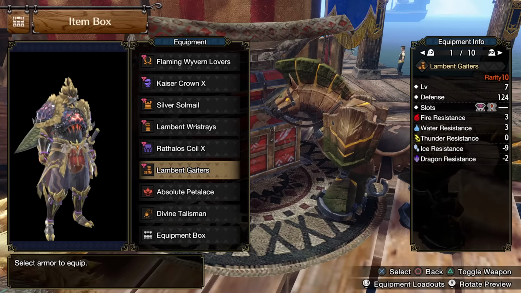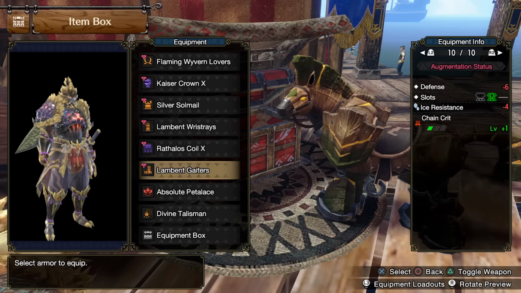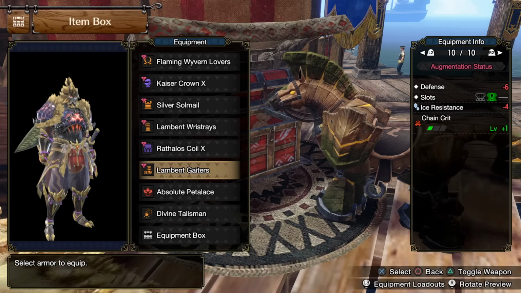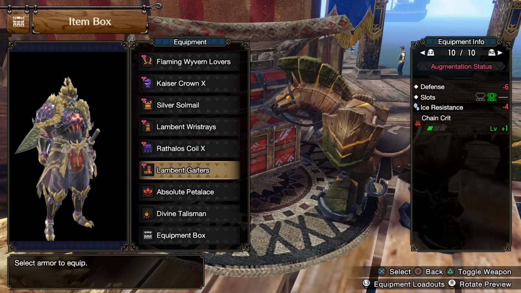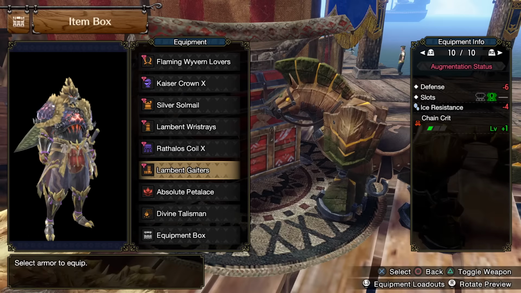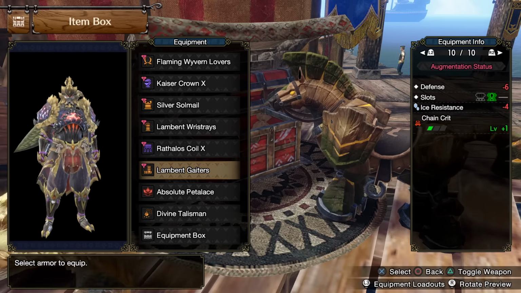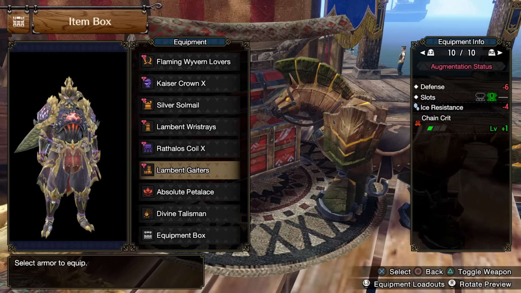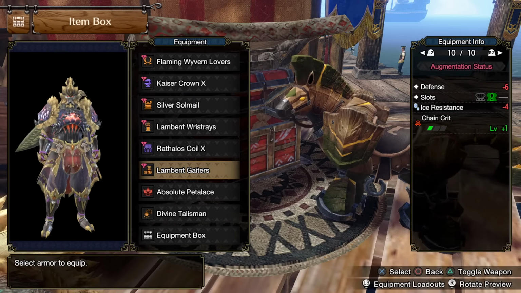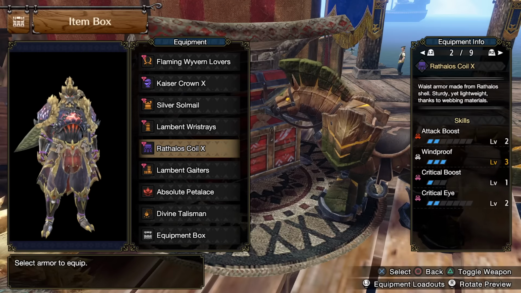And as you can see here on the Lucinorgekuga Greaves, I also got another fantastic augment that gives me Chain Crit level 1 and a level 1 decoration slot. Again, Chain Crit is one of those skills that is unobtainable through decorations, so it is phenomenal that you are able to get it through here, so you are not, let's say, obligated to use the Archfiend Waist in order to get the skill. And so I am able to equip the Rathalos Coil Waist, which is really good,